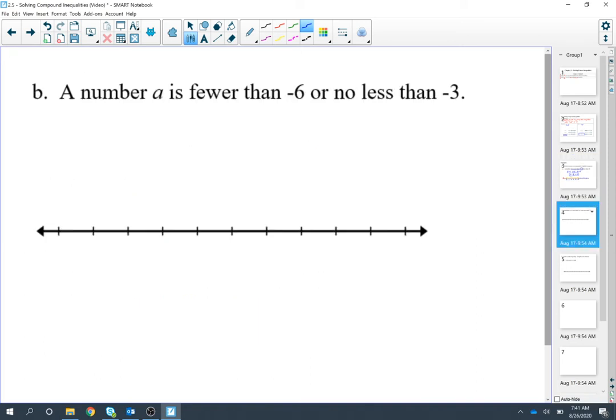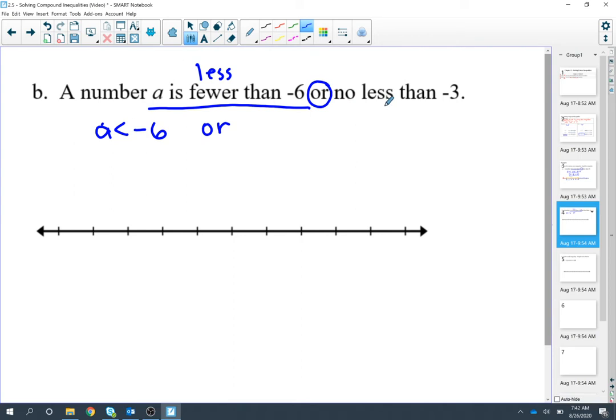Letter B, a number A is fewer than -6 or no less than -3. So let's start. A is fewer than -6. Another word for fewer is less. So A is less than -6. Or, so I'm just going to write the word or,